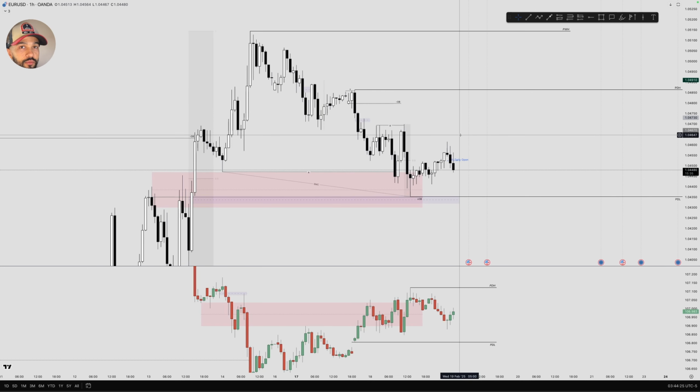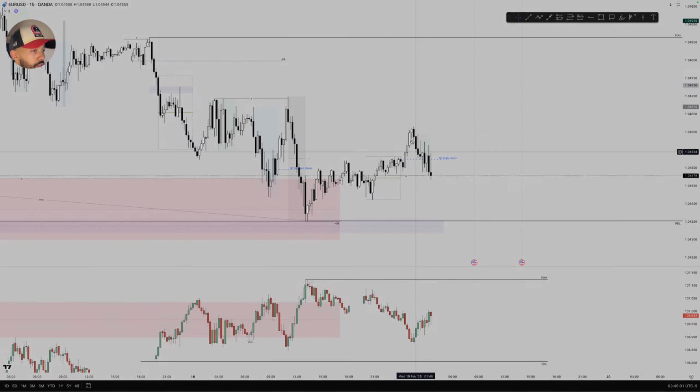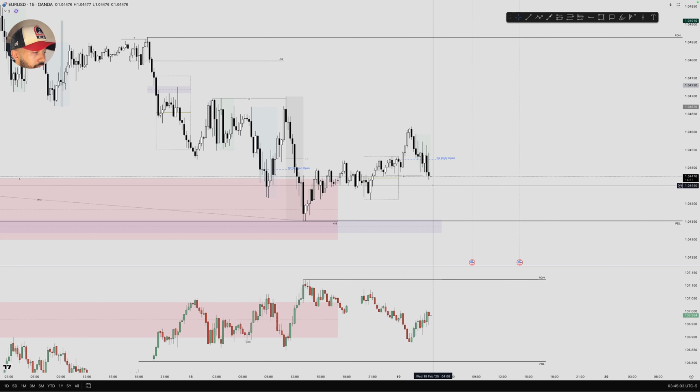So let's go down to the M15. Let's see what that looks like for a possible trade today and shift in price. As we can see on the hourly, we were bearish somewhat over the last hour or two. But on the M15 now, we can see a bit more of a clearer picture, a bit more detail into